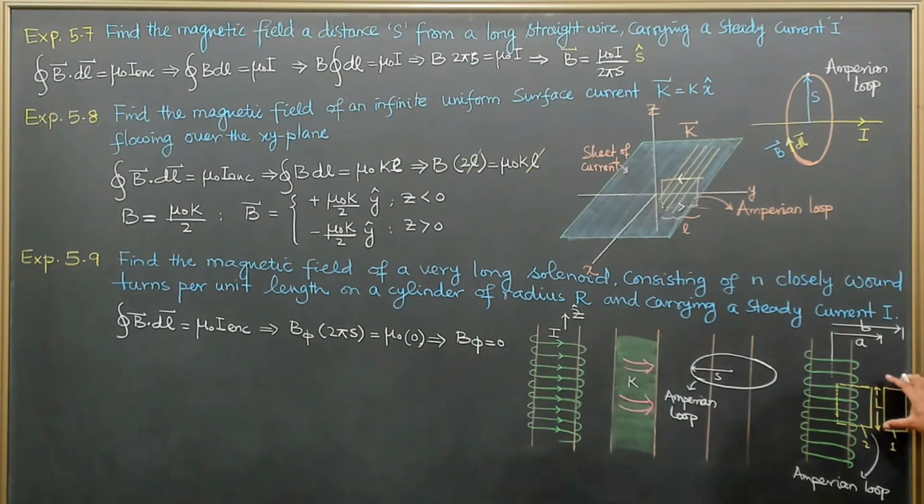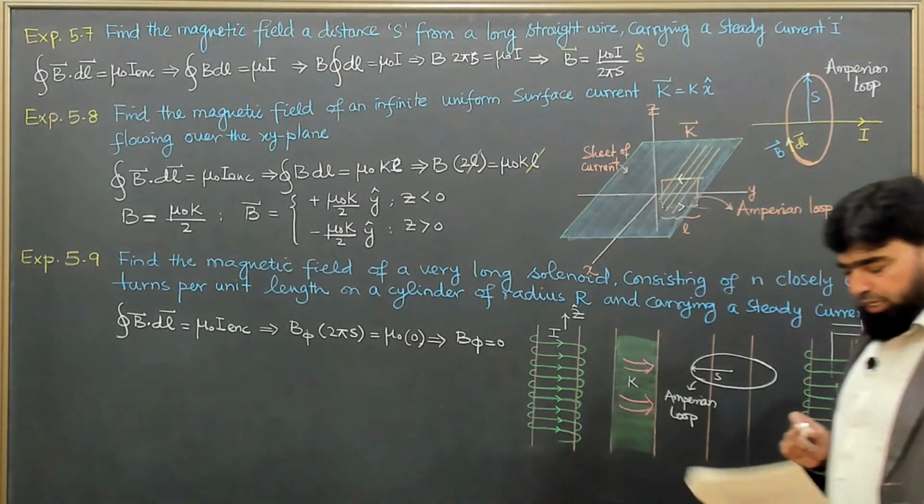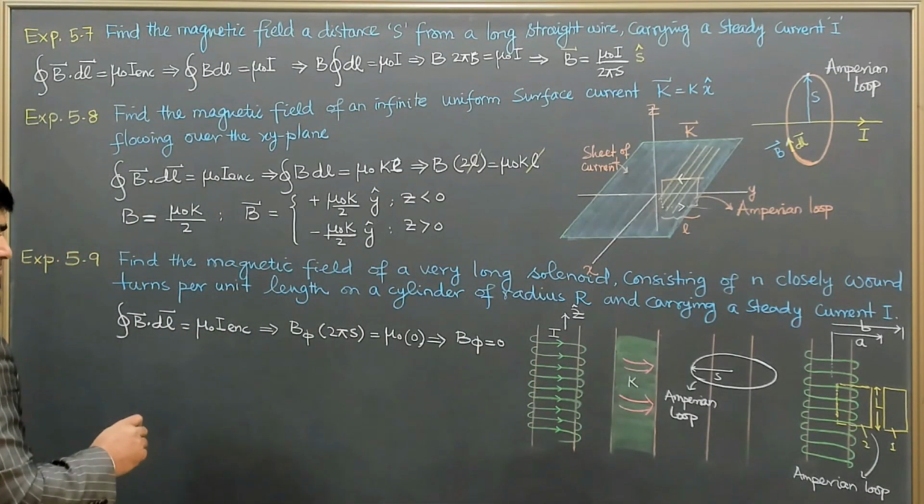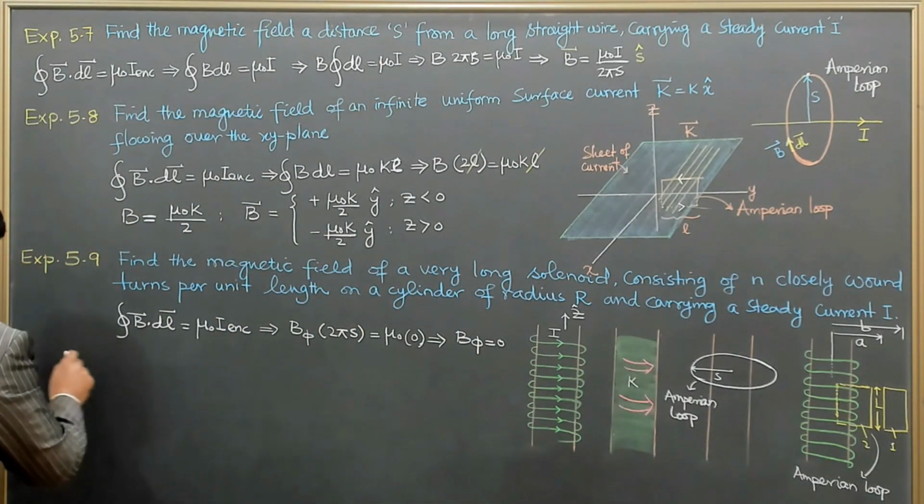So this is L, and the length of this loop is L, because this length will be counting the enclosed current. So I can write that for loop 1,